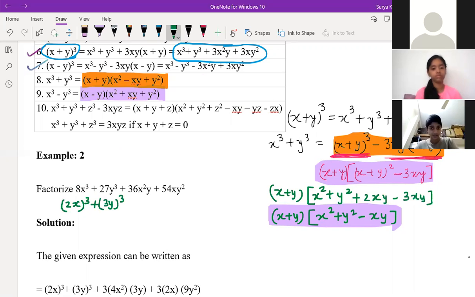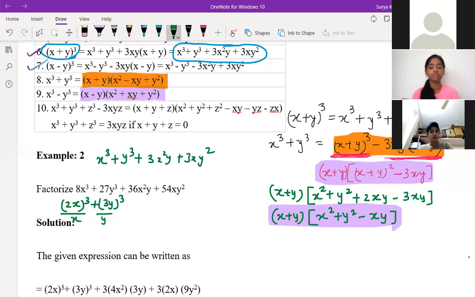Suppose this part is x, this part is y. So our formula is what? I'm just writing the x, y formula. x plus y whole cube, here 3y whole cube, sir. You are writing in this way only, no? Plus 3x square y plus 3xy square. Like this only, right? The same formula I'm going to write in the same pattern. 3x square is 2x square into 3y. This is clear or not?